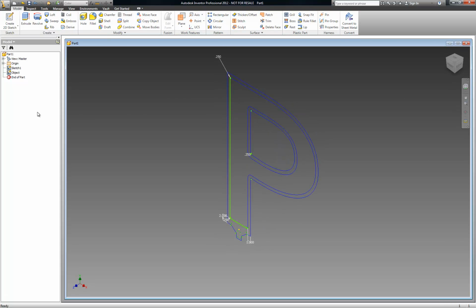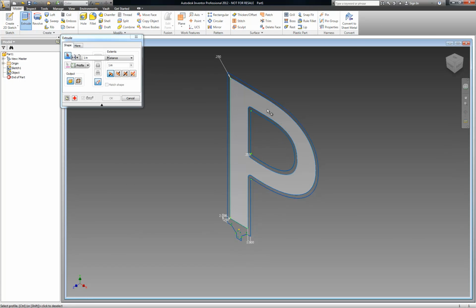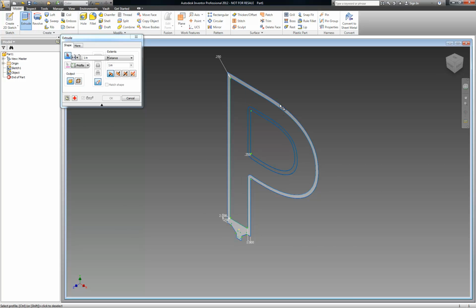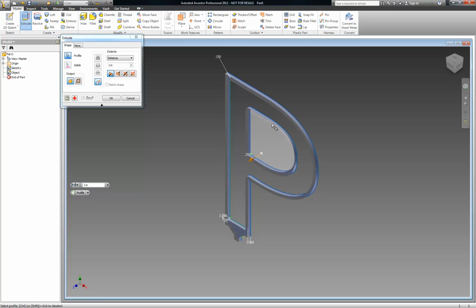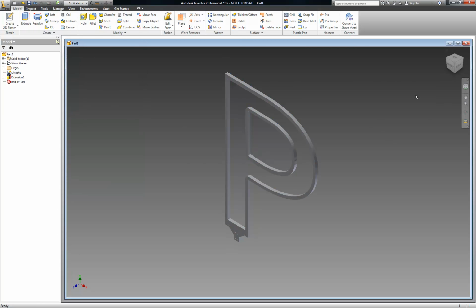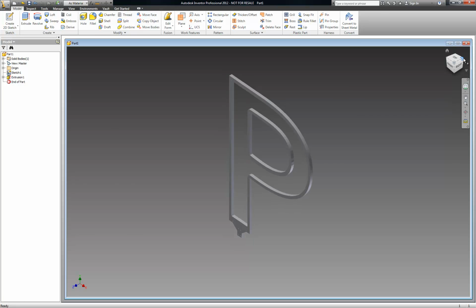Go to my home view. I'm going to go to Extrude. Now here's a trick. You notice I got three different distinct areas I can work with. I'm going to work with the outer two. I'm going to pick this one and this one. Okay. I'm going to extrude them 1 inch, which is our 1 inch particle board. Great. Then I'm going to flip it around,